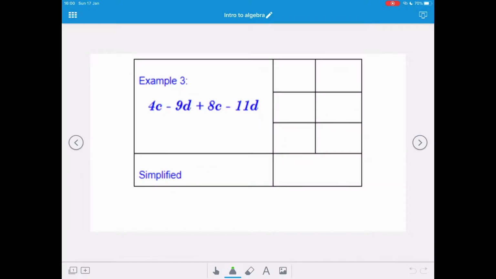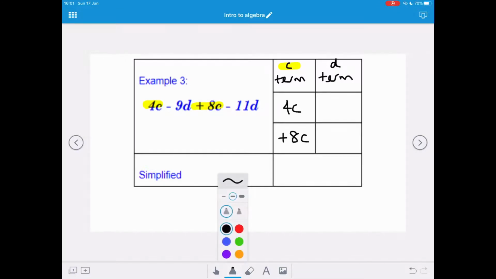Now in this example, we've got 4c subtract 9d plus 8c subtract 11d. So we have c terms and we have d terms in this expression. So our c terms are 4c, and we also have an add 8c. So we're going to put that underneath the 4c, and we're going to combine them together to simplify our c